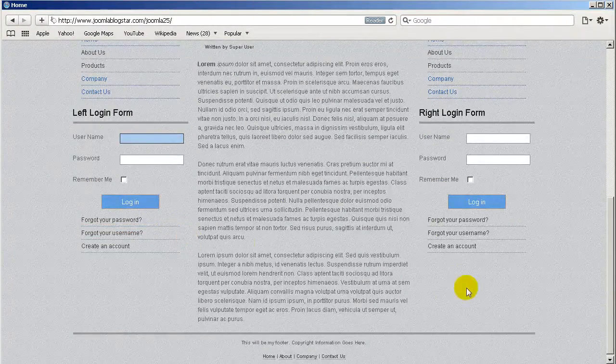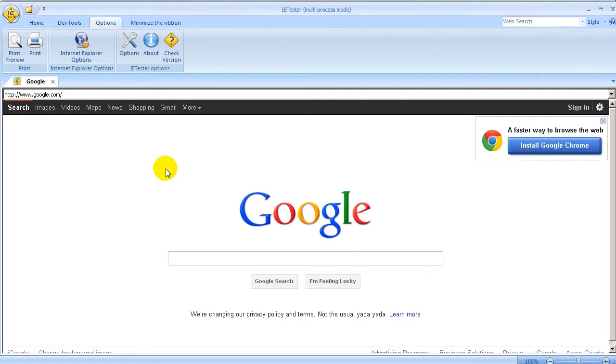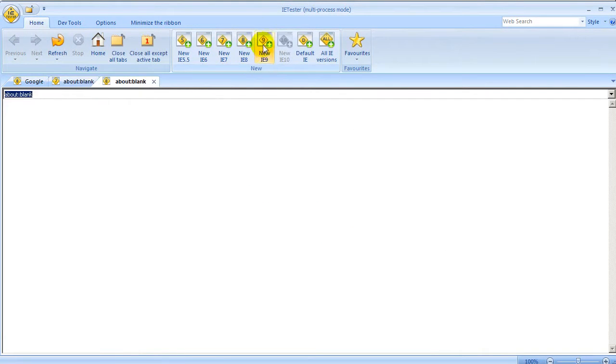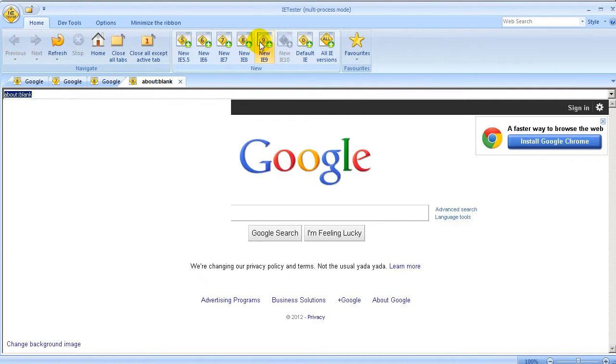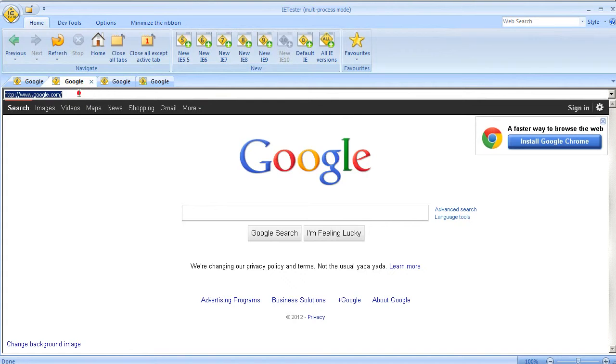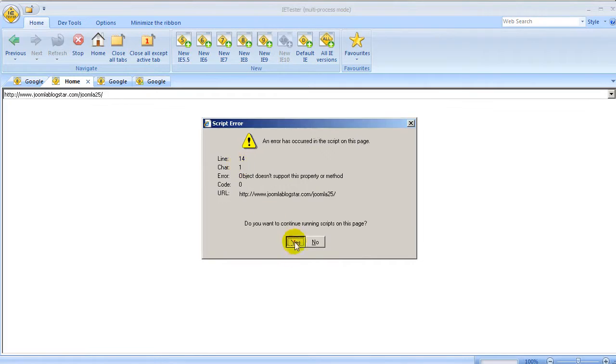Now finally you are going to open the IE tester, okay? If you don't have the IE tester, you should have it by now if you actually watched the past modules. Now you are going to paste in here inside Internet Explorer number 8, you are going to go to Home and open Internet Explorer 7, then 8 and 9. Now have in mind that this won't be 100% correct, but it will be really close to the real Internet Explorer. So we are going to go to Internet Explorer 7, Control V, click OK, then click Yes,